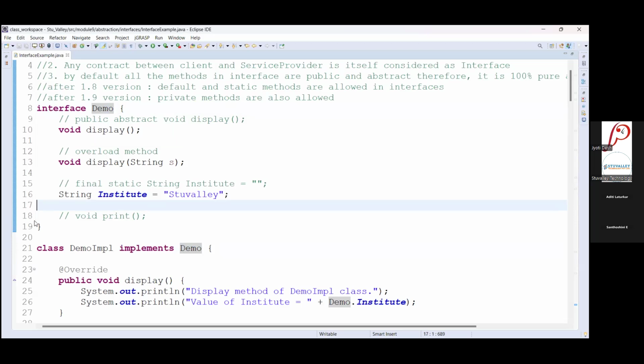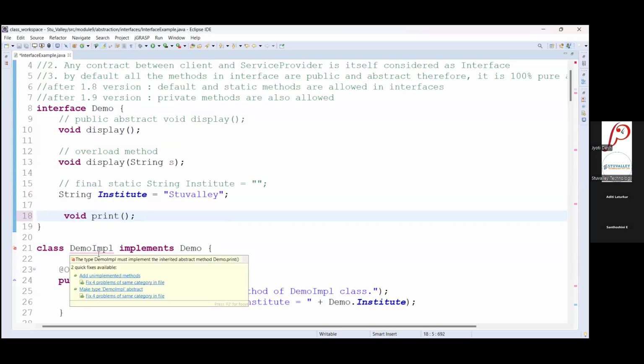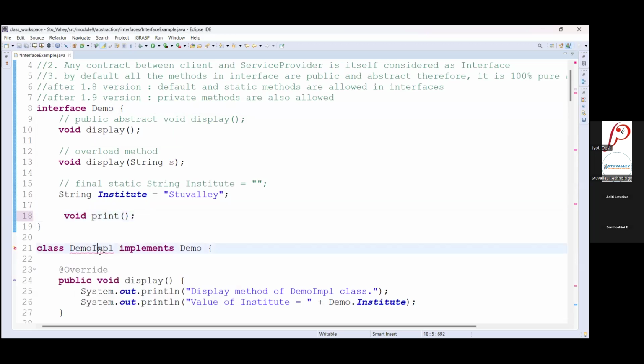Whenever you add any method inside an interface, it will immediately give errors in all the classes, and until you solve this problem, it will never get compiled, because this is a compilation error.